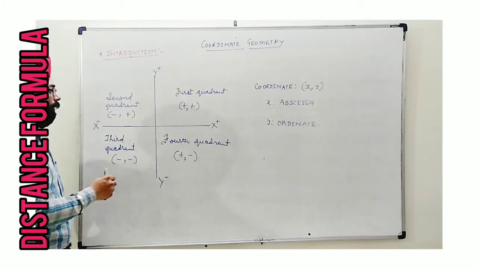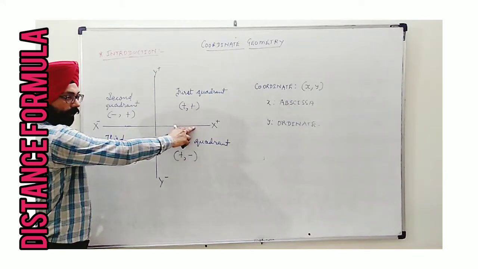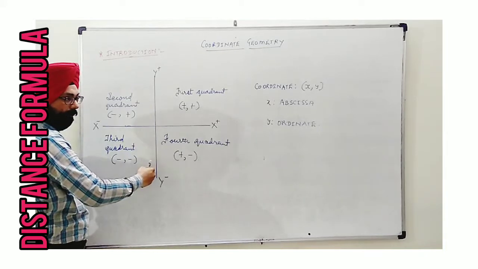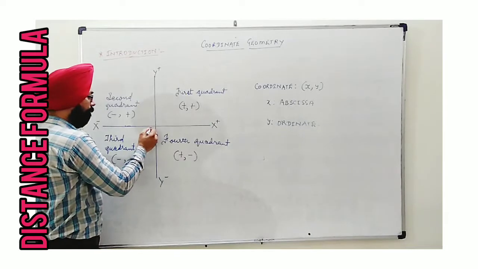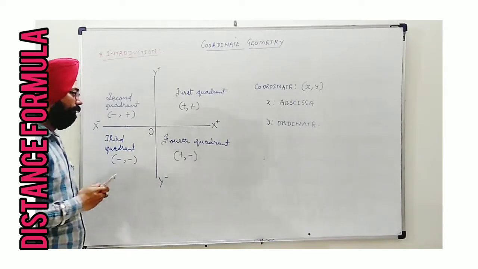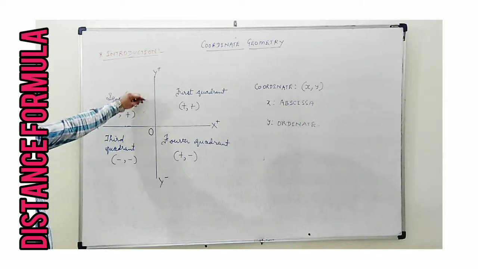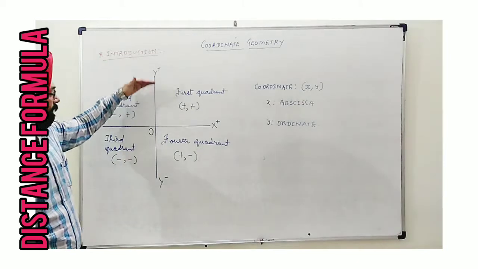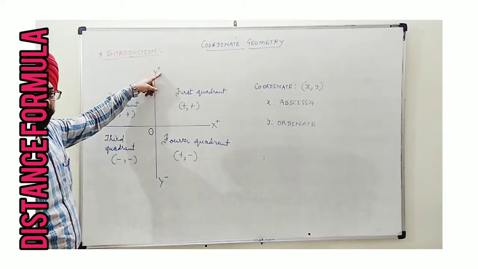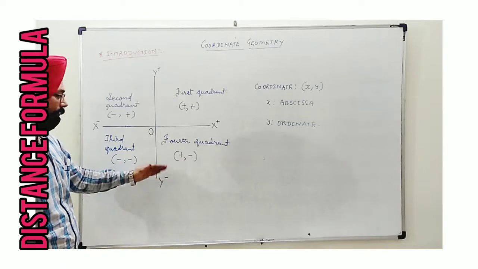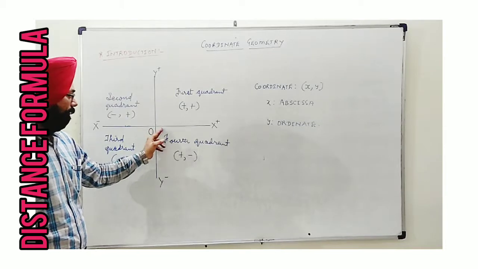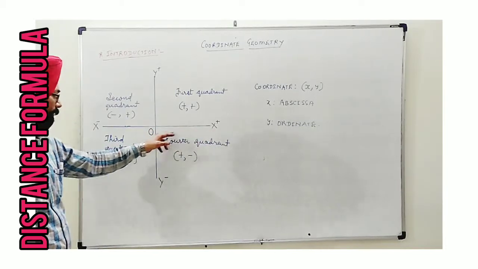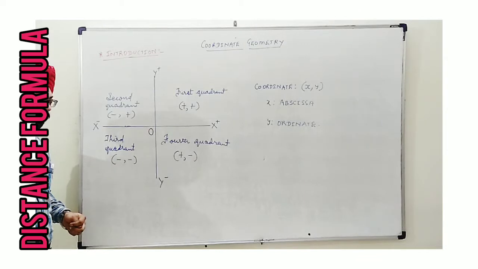Coordinate plane is made up of two axes. This is x-axis, known as horizontal axis also, and the other is vertical axis, perpendicular to it, the y-axis. The point of intersection of these two axes is taken as O capital, known as origin. If you go along the y-axis, then above origin, above x-axis, the portion of y-axis is positive and below it is negative. Similarly, on the right hand side of the y-axis, after origin, you will find the portion of x-axis to be positive and the left hand side is negative.